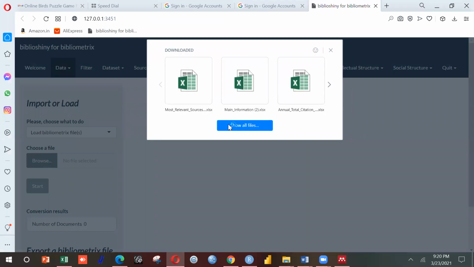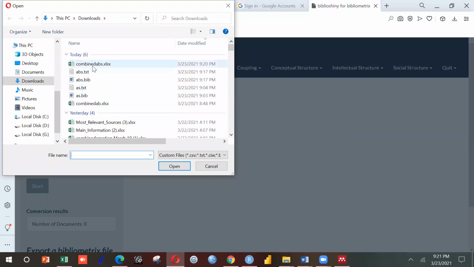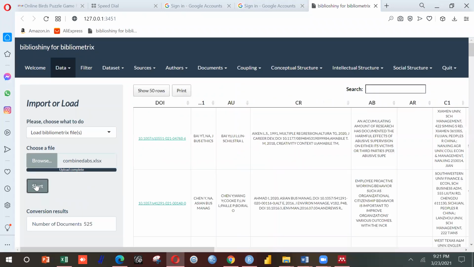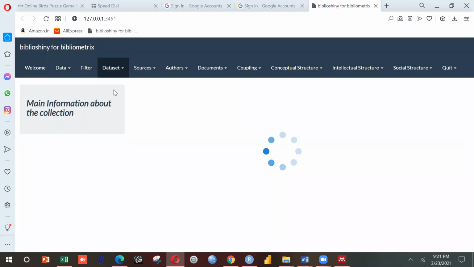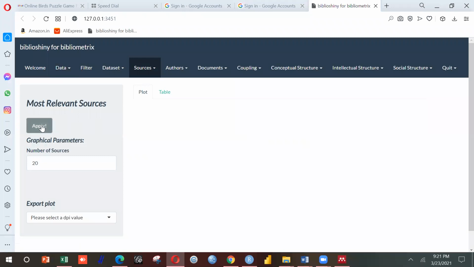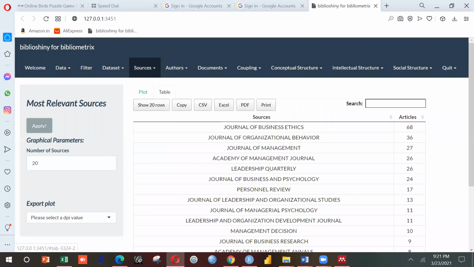Now this is the browse option. In browse, we know that our file is in the downloads. So this is our file. We have just attached this file. We have started it, and here we go. You can check your file, the main information. You can see that the whole data is there, and it has started working as well. You can get the information, right? This is it for now. Thank you so much.